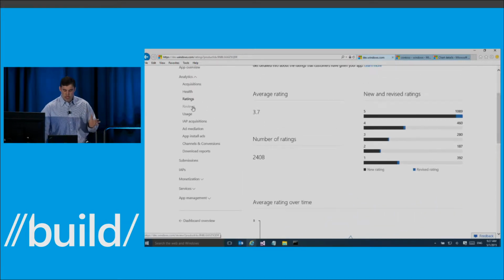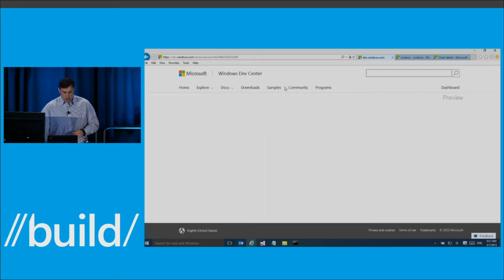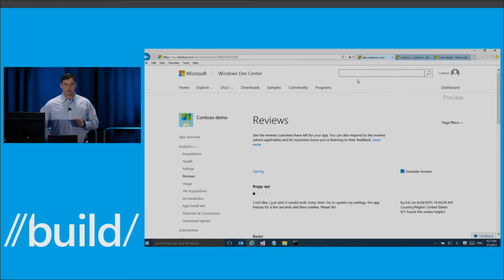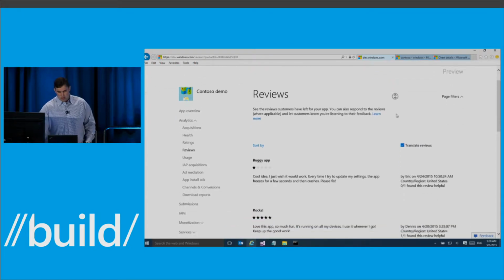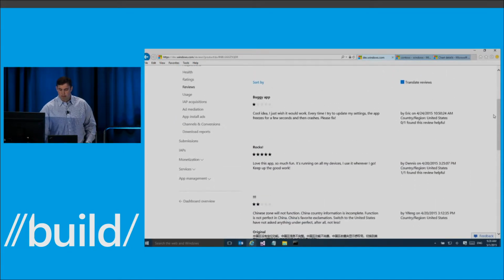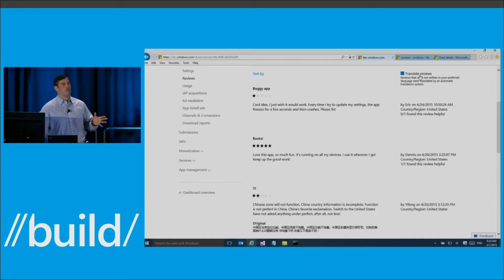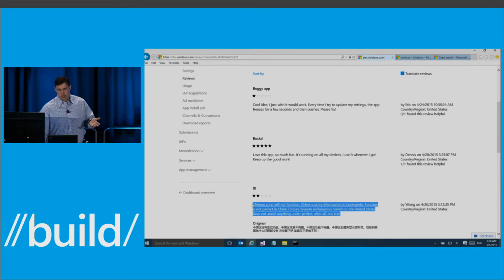Now, hand in hand with ratings come reviews. So enter the reviews report in Dev Center, which provides you with the ability to sort and filter through the specific feedback that users submitted along with the rating of your application. You can sort and filter this page by the rating, by the actual target OS, by the market, and by some other filters that allow you to sift through this feedback. I'm also very happy to announce that within this page, we automatically offer translation for reviews that were submitted in a preferred language other than your own. You can see here that since I don't speak Chinese, we use Bing Translator to translate this to English so I can understand the specific feedback from this user.